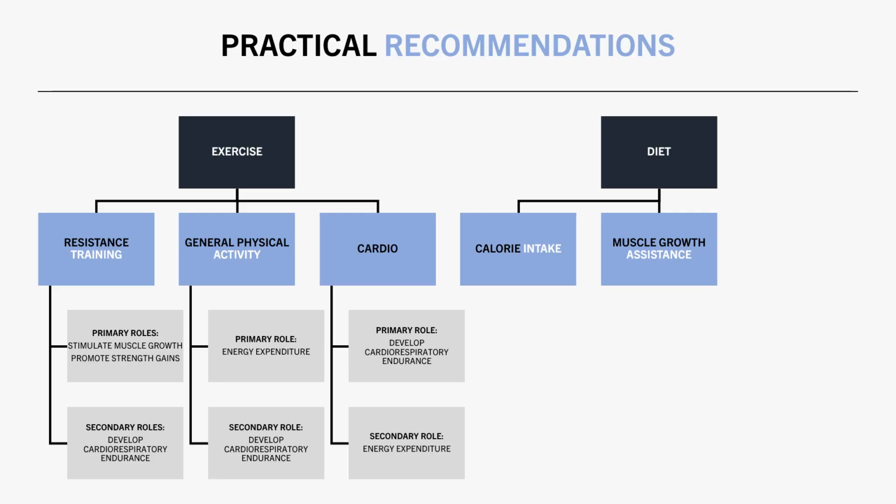Diet can also assist the muscle growth process to some extent. No dietary factors are going to stimulate muscle growth, but they can amplify our hypertrophy adaptations from resistance training. Muscle growth is going to be maximized when eating at maintenance calories or a surplus, while a deficit will be slightly less anabolic. Also, consuming a higher total daily protein intake will usually result in superior muscle growth during any energy balance state.